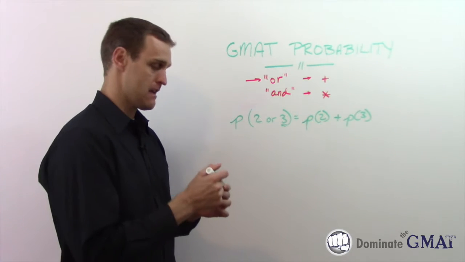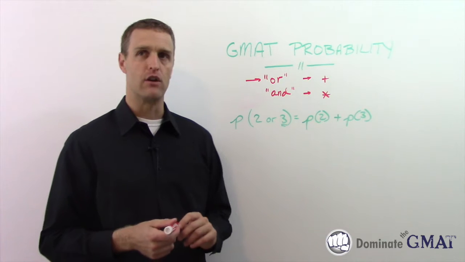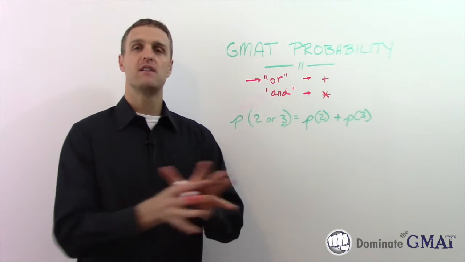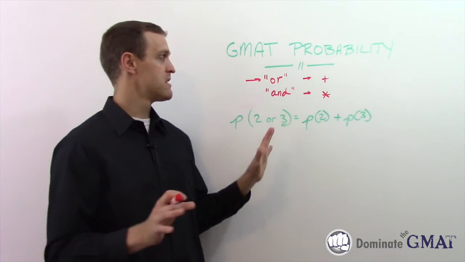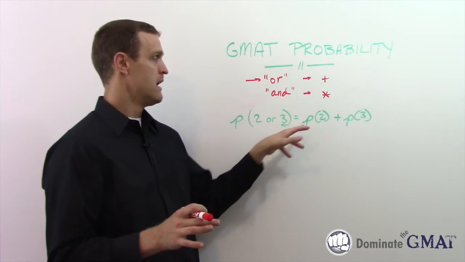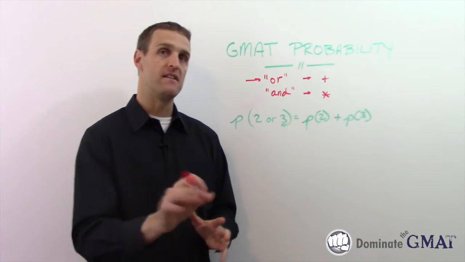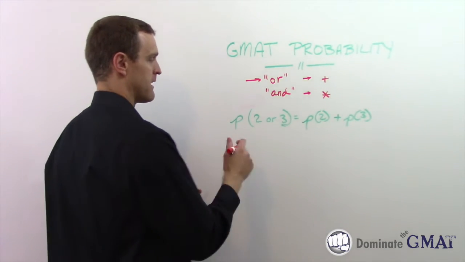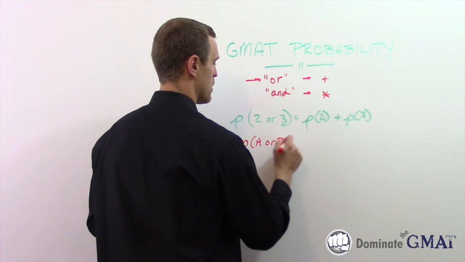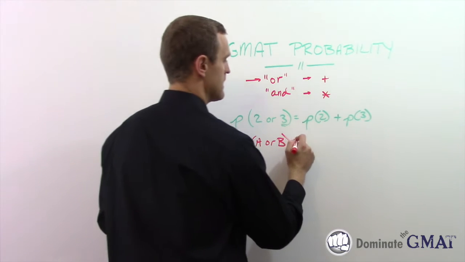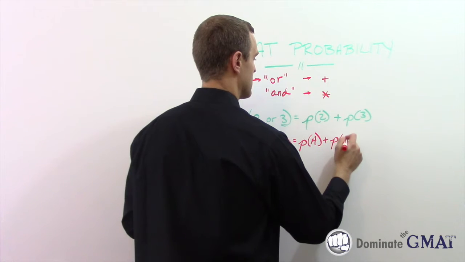But technically, and this is the formula and nuance I want to give you, most of the time on the GMAT, this is what you do: when you have an "or" scenario, you simply add the independent probabilities and you are done. But technically, the formula is really the probability of A or B, right? So in this case, a 2 or a 3, is the independent probability of A plus the independent probability of B